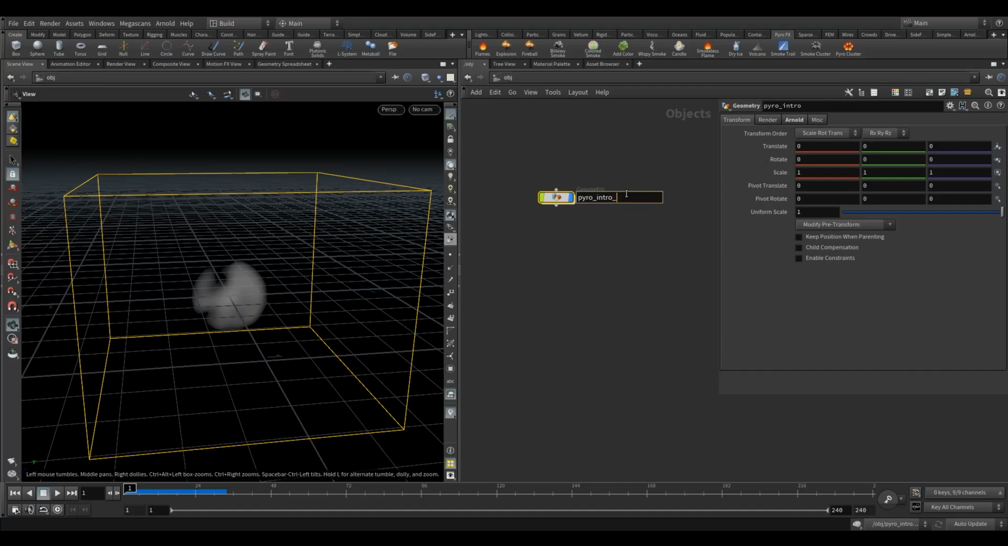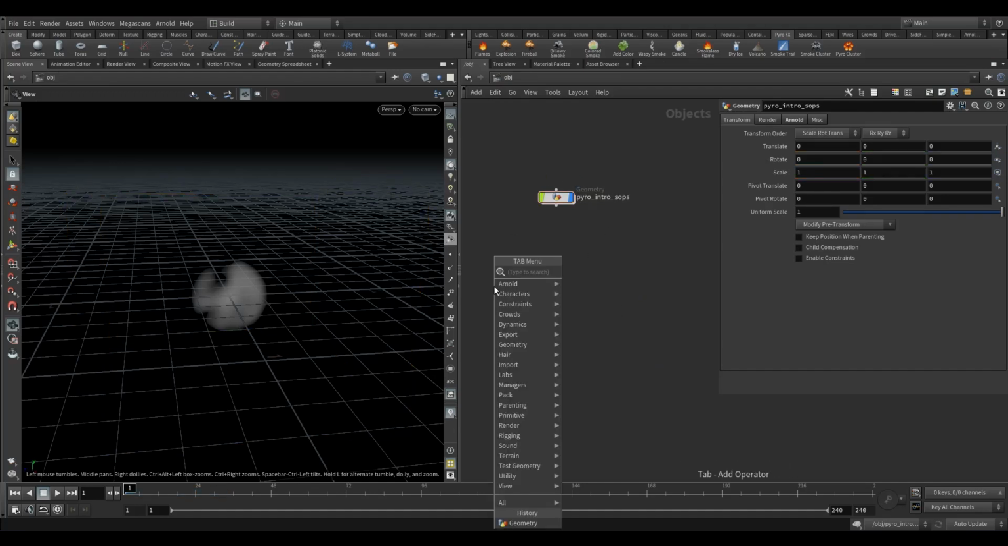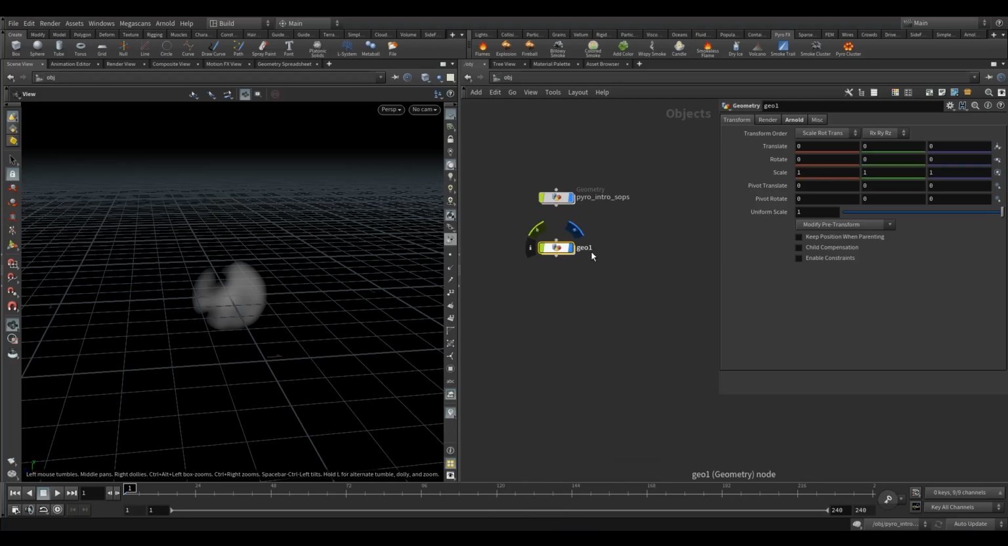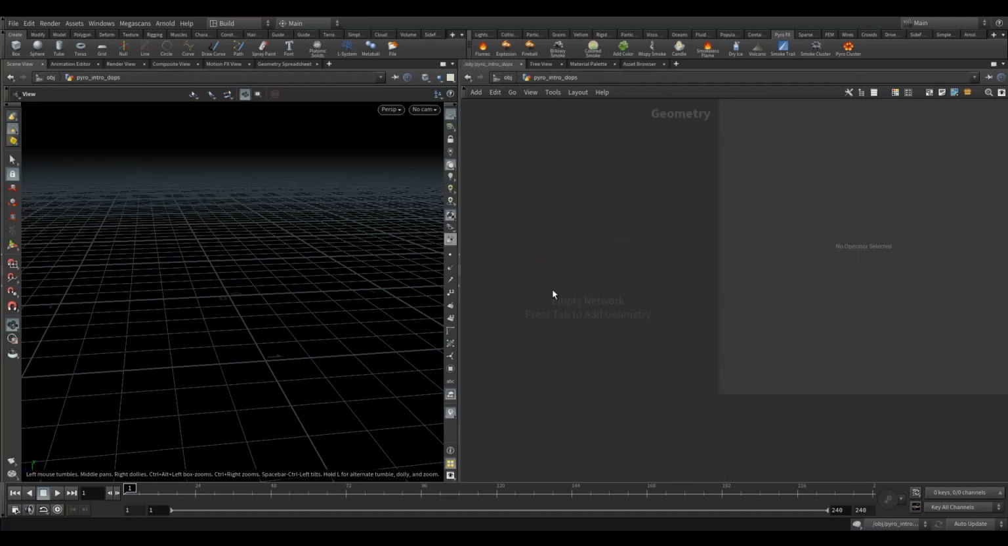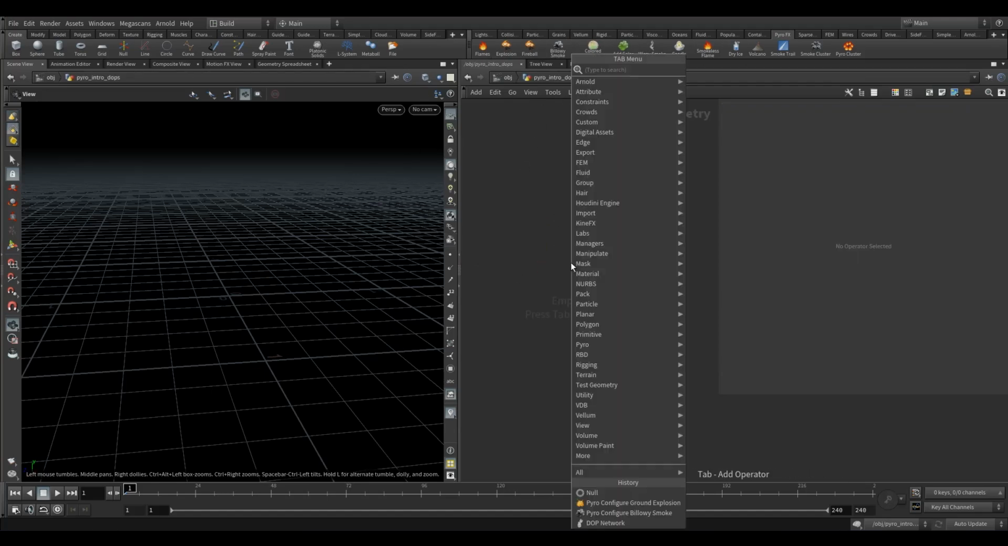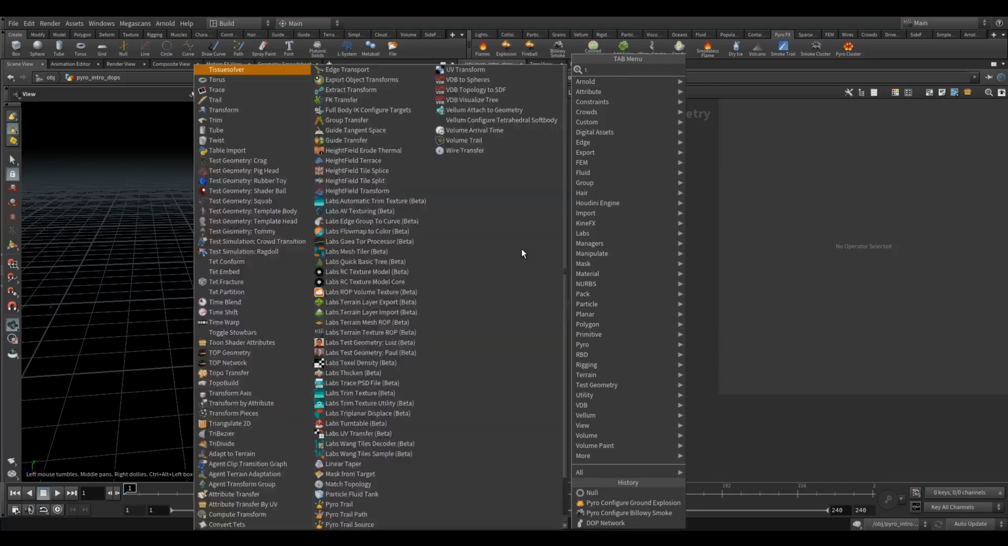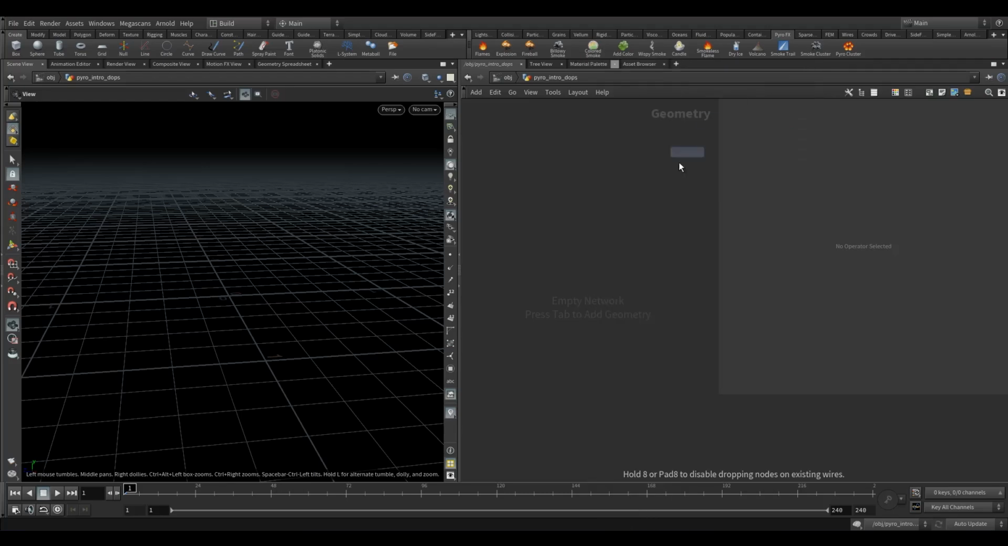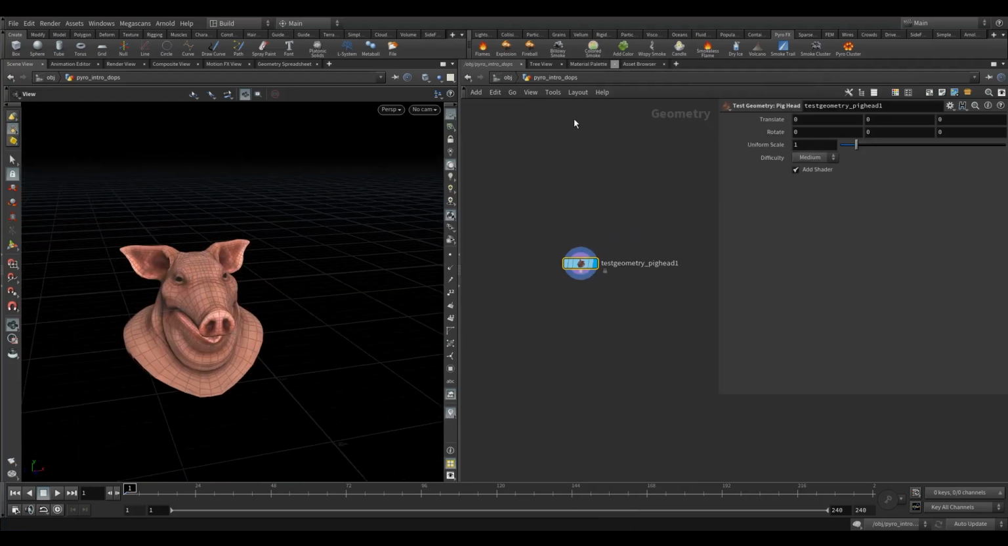So let's do SOPs, and then let's do another geometry node. Pyro intro. So instead of going node by node, because we'll be doing that later, we'll use the shelf tool. You need some kind of geometry to start, so let's use the test geometry pig head, why not, and